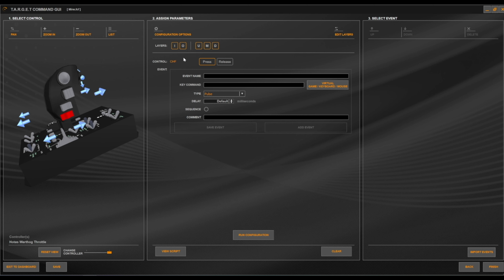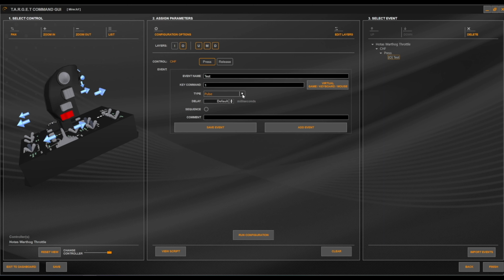Number 1, we have layers. We want to be able to make this a primary layer, meaning all you do is push the button and the keyboard command you have assigned happens. Later, we'll show you how to make it a modified state where each button performs 2 functions. So for now, we're just going to do a primary state. We're going to give this a name. And we're going to give it a keyboard command. Simply press the number 1 on your keyboard or whatever you want to assign, and you can go ahead and add the event. Notice that over here, you now have CHF, it's a press, and it's under O for the